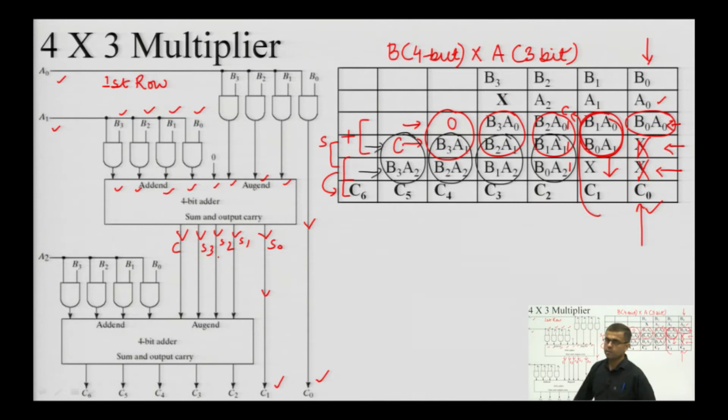with the next row elements, that is B 3 A 2, B 2 A 2, B 1 A 2, B 0 A 2. That means, first these 4 products are to be prepared. So, let us prepare these 4 products B 3, B 2, B 1 and B 0 multiplied by this A 2. Okay. So, when these are multiplied, we get these third row elements. So, these third row elements are added with the sum of the first 2 rows here by using another 4-bit